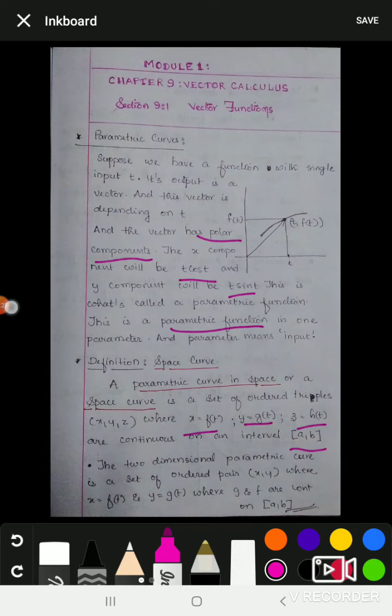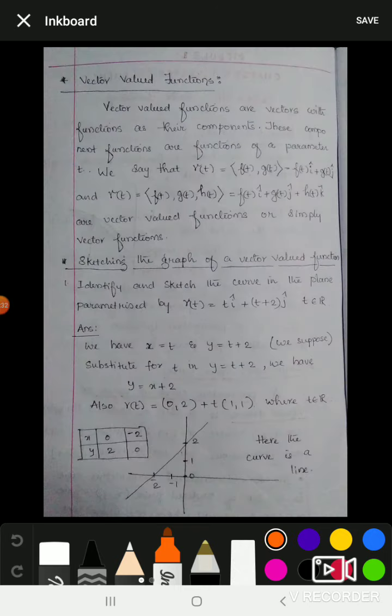So we can now define vector functions. What is a vector valued function? Vector valued functions are vectors with functions as their components. Once again, vector valued functions are vectors with functions as their components. These component functions are functions of a parameter t. We say that r of t is